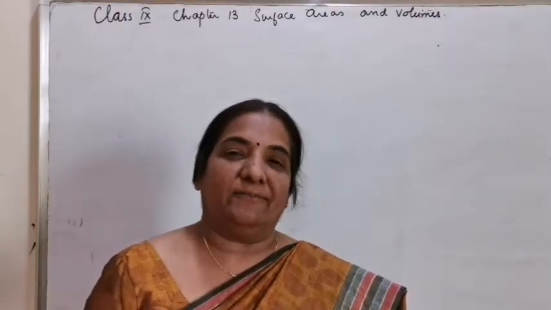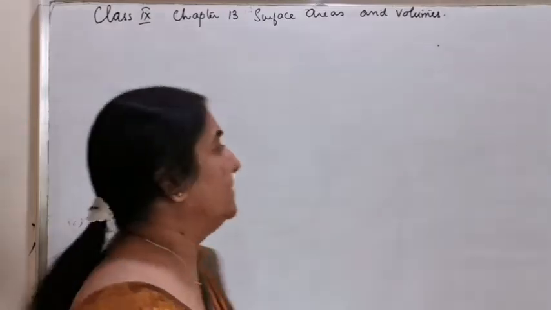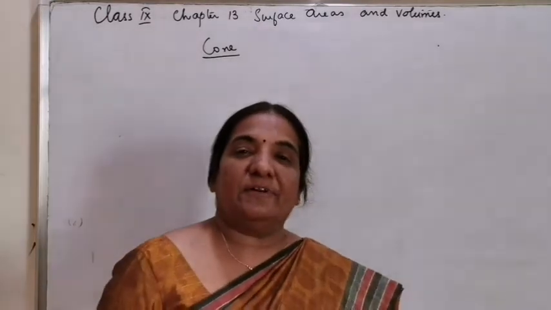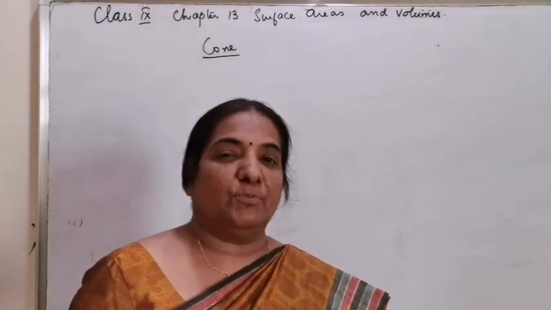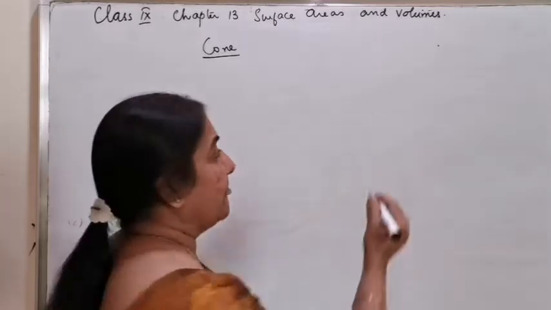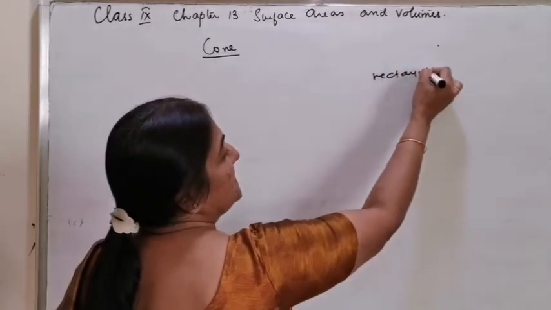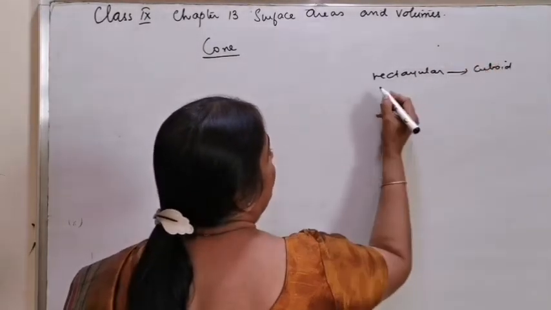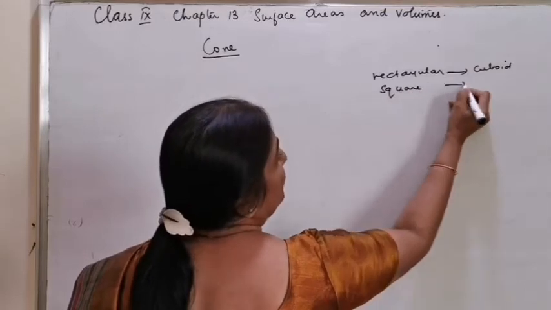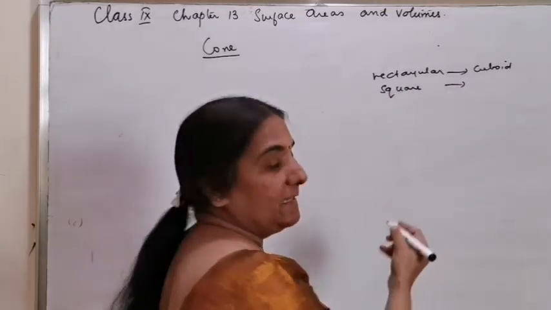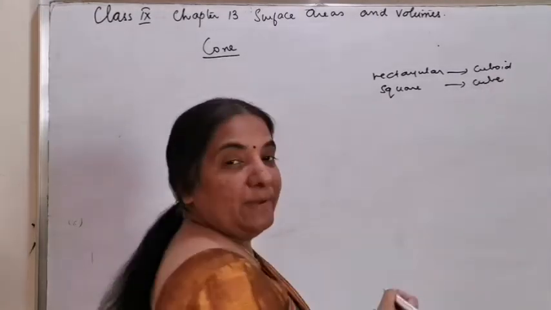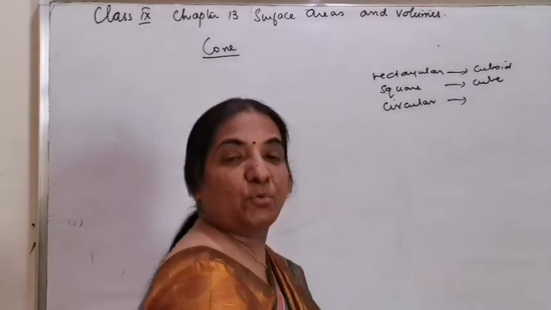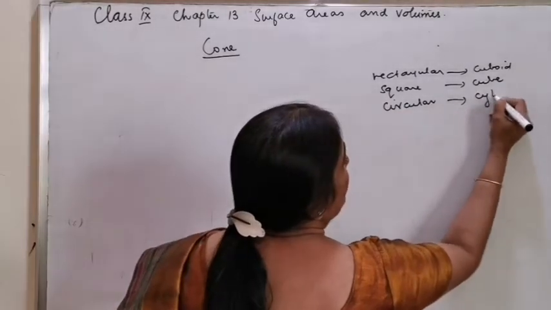Today we will be dealing with another solid, cone. In the previous classes we were discussing cube, cuboid, cylinder. That is, if rectangular cardboard pieces are stacked, you used to get the solid cuboid. If square pieces of cardboard were stacked to a particular height, you used to get the solid cube. And if circular cardboard pieces are kept one on top of the other, you used to get the shape of